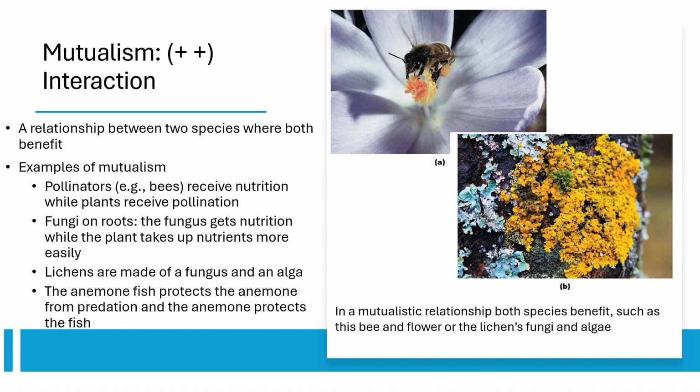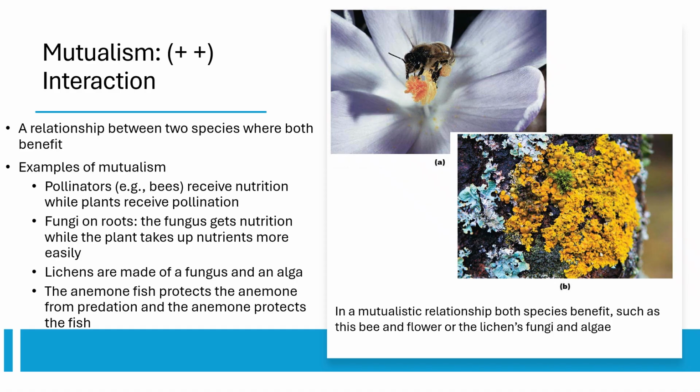Another type of symbiotic interaction between organisms is mutualism. When you have a mutualistic interaction, both organisms benefit from the interaction. Pollinators are a very good example of what mutualism is. Fungi on roots are another example. Fungi typically provide the plants, the trees typically, with some nutrients and water, and then in exchange,